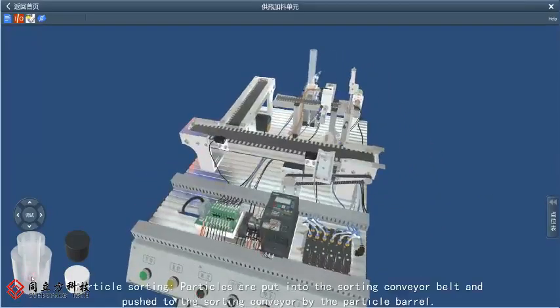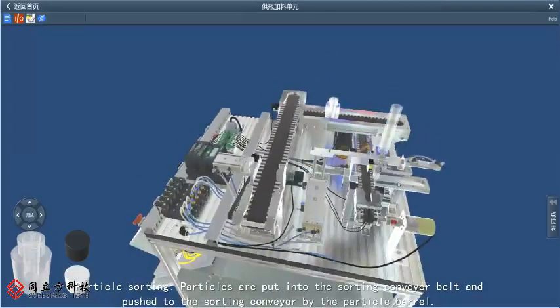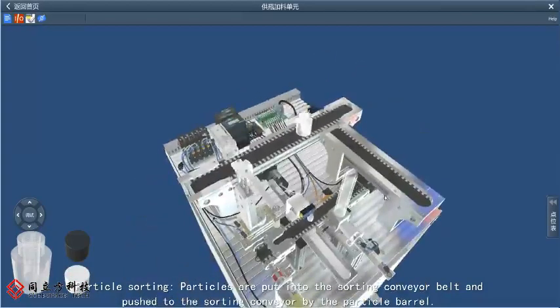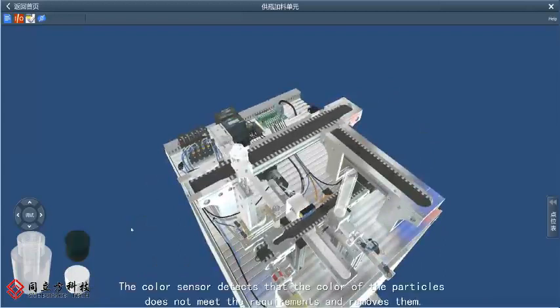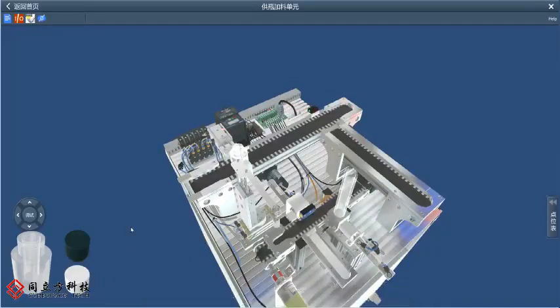Particle sorting. Particles are put into the sorting conveyor belt and pushed to the sorting conveyor by the particle barrel. The color sensor detects that the color of the particles does not meet the requirements and removes them. If the color of the particles meets the requirements, they are sent to the end of the belt,